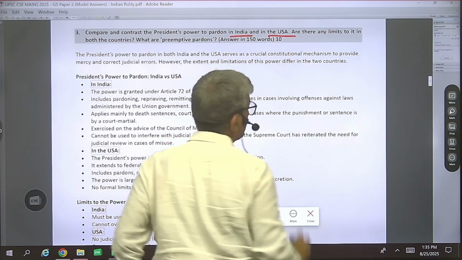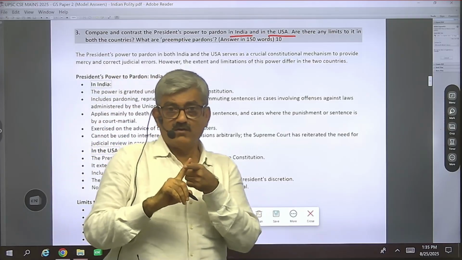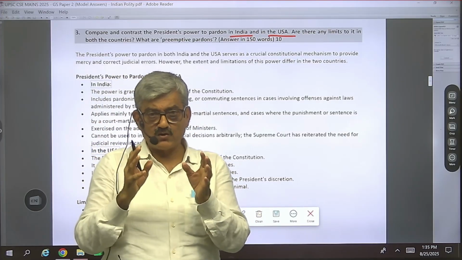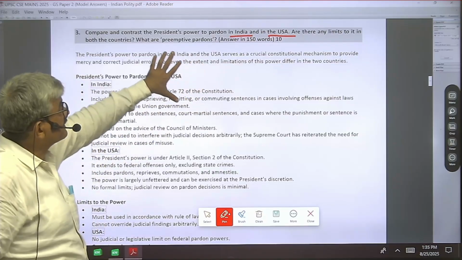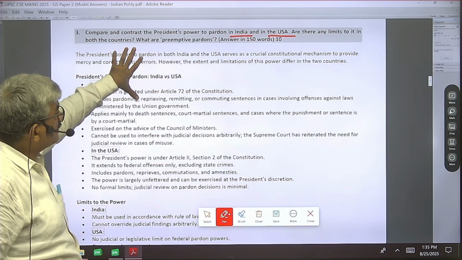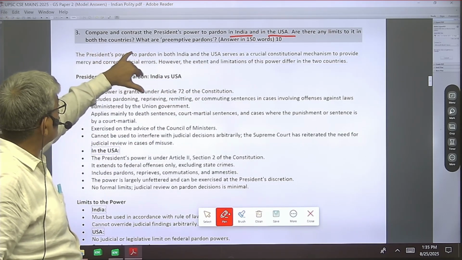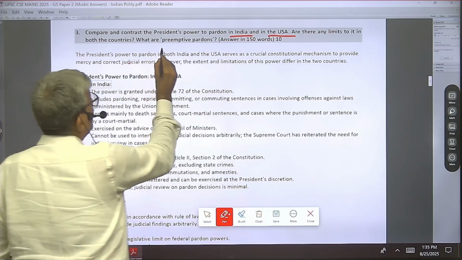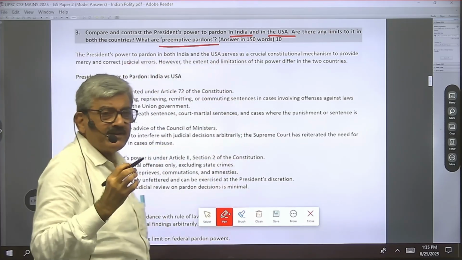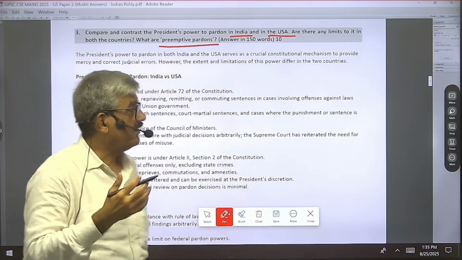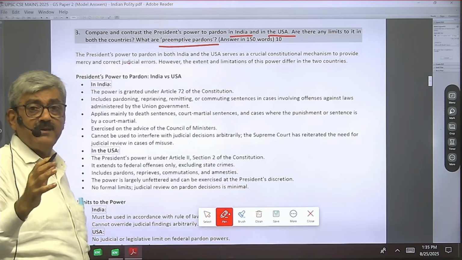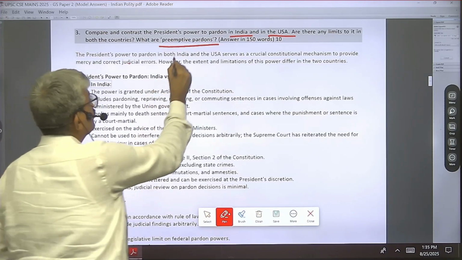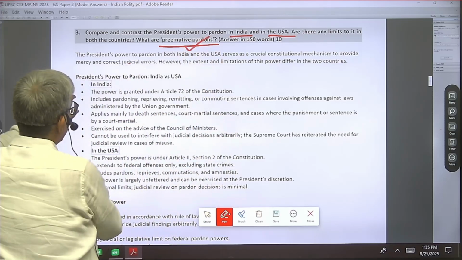India and USA. This is the first question on the comparative constitutional mechanism that has been asked by the UPSC here. And are there any limits to it in both the countries? What are the preemptive pardons? This is a typical USA concept, and it has been used in the US, not very much used in USA, but this is important that we should know it also. So in India, the power is granted